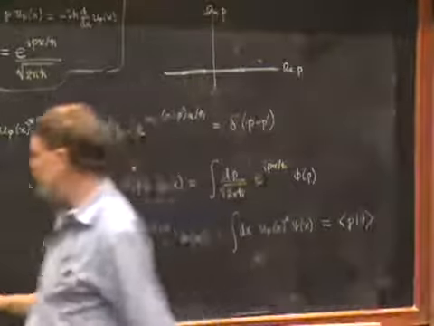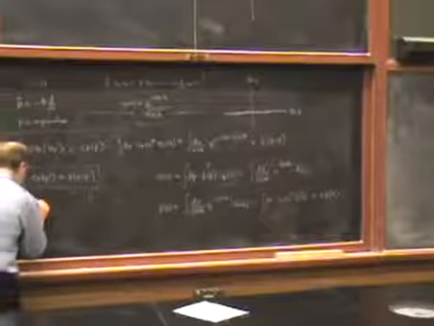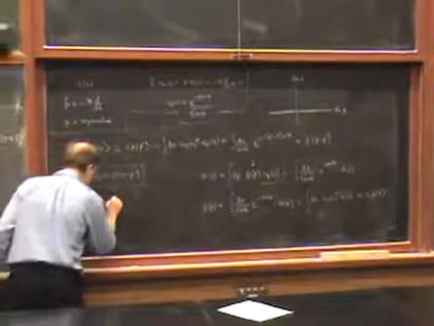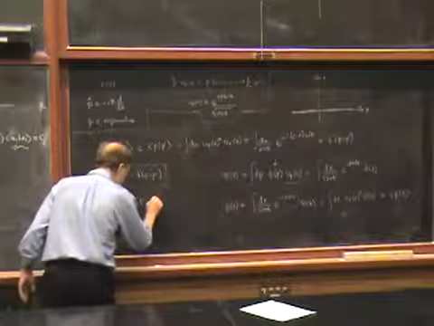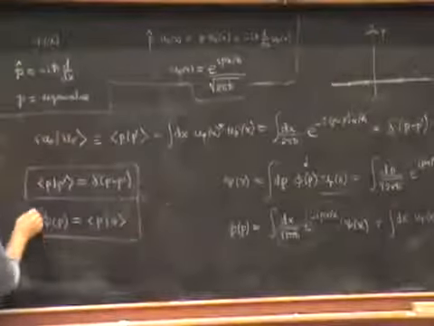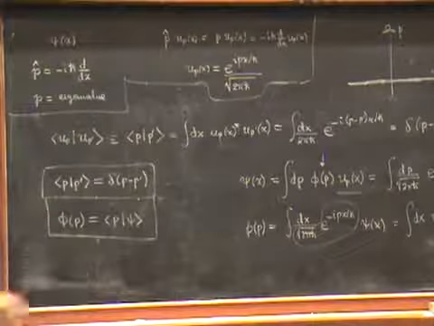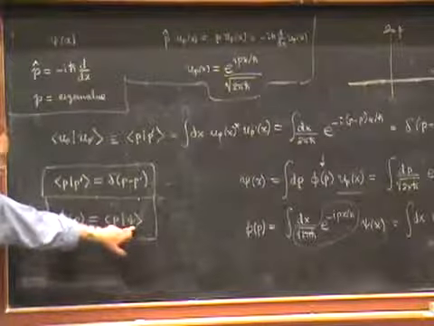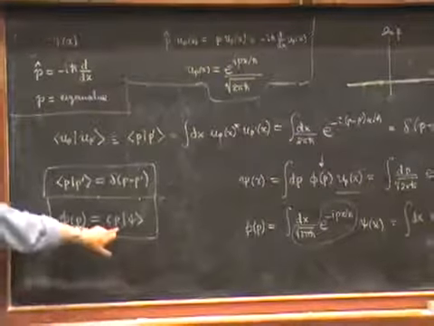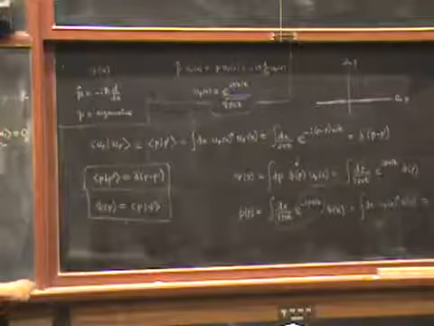And let me accumulate that in a single box, too, because that's interesting. It says that phi of p is the scalar product ⟨p|psi⟩. And so the expansion coefficients, which we otherwise call a momentum space wave function, are just the components of the state vector psi with respect to the momentum basis.